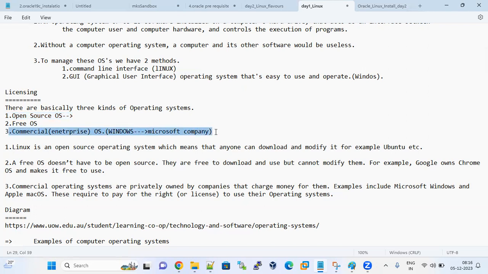while using a DTH, Airtel, if your channels are not coming properly, immediately you can call Airtel customer care. They will support us. They will give an answer. Same way, if you take the commercial operating system license, while using this OS, if you face any problem, yes, you can call the Microsoft support team. There is a support team at Microsoft company. So immediately you can call them. They will give an answer. They will support us.